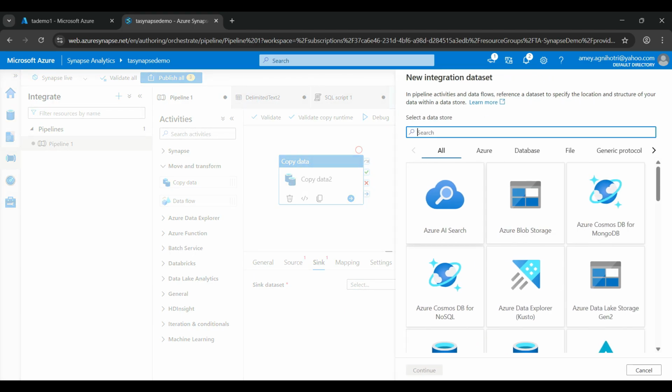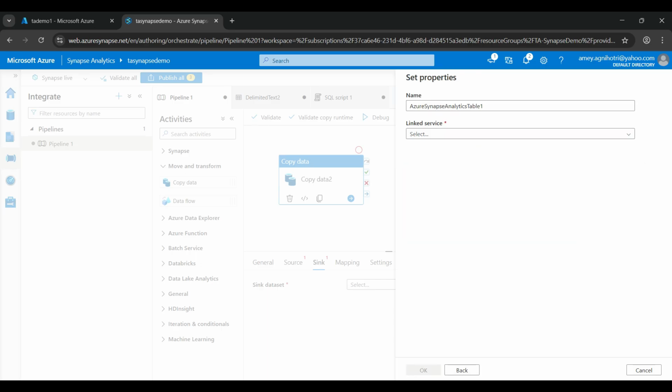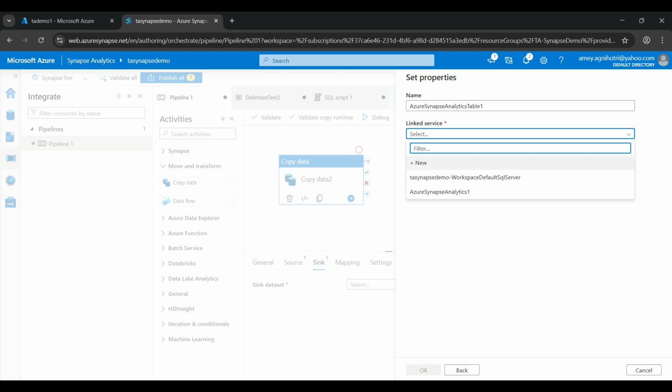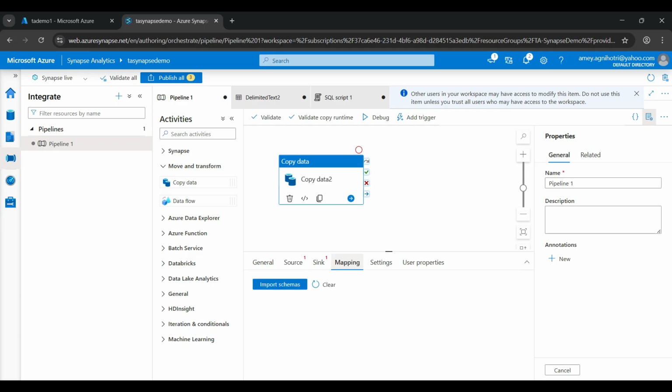So let's click on this plus and select Synapse Analytics, and once that is selected, again link the services that we have created, and accordingly you can set the SQL pools or create a table, which will be mapped over here. Once the table is selected, you can simply click on OK. Once everything is done, you can import the schema and map the columns automatically. Then you can simply validate the pipeline. It triggers the status, and once everything is a success,